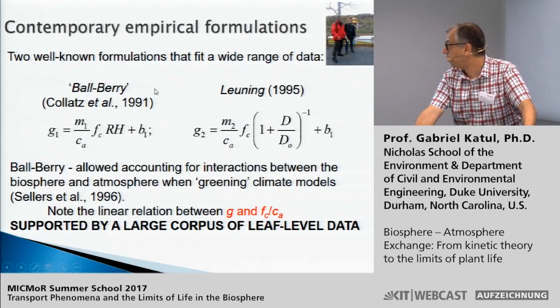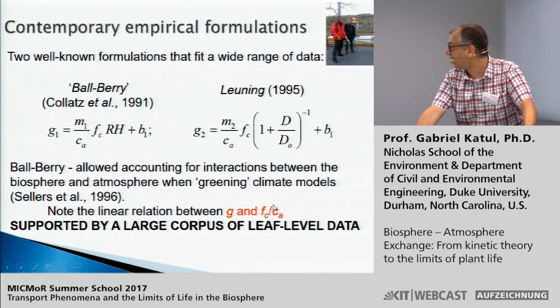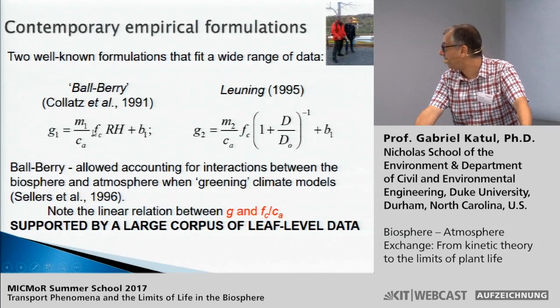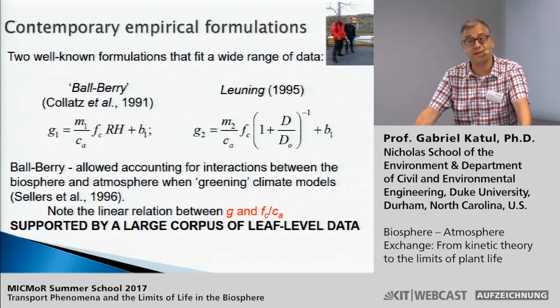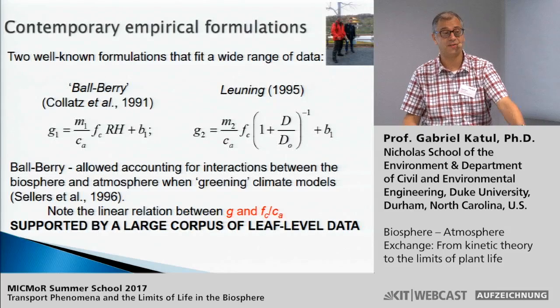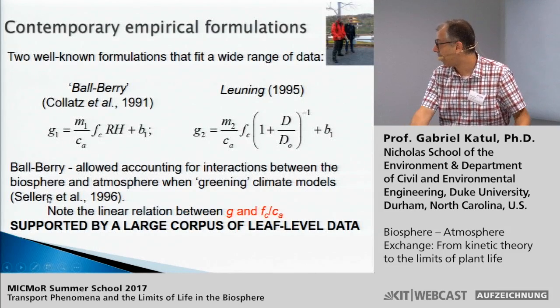Both formulations have received quite a bit of support in the literature, especially the connection between stomatal conductance and photosynthesis normalized by atmospheric CO2. This approximate linear relation between stomatal conductance, photosynthesis, and atmospheric CO2 is supported by a large wealth of leaf gas exchange measurements. And this version of closure, when combined with the Fickian mass transport and the Farquhar photosynthesis model, was the basis of the first greening up of general circulation models in the mid-1990s, and it was described at length in a paper by Pierre Sellers.